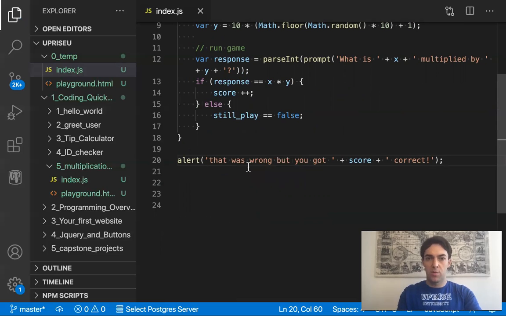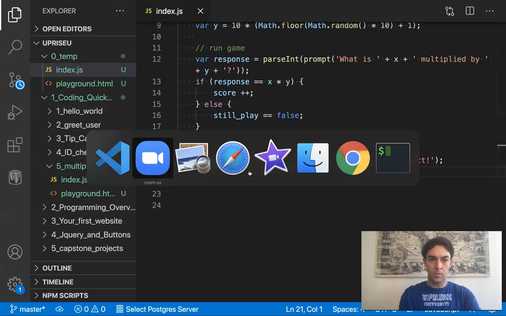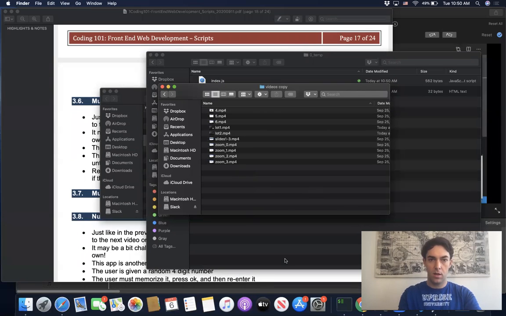So again, this is pretty simple. We're just basically copy pasting what we've already done. And remember the concatenation here for string and our variable here. So that should be it. We'll go run and test to make sure it actually works. And